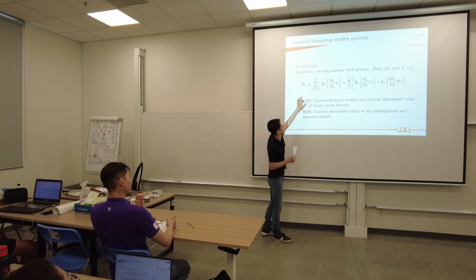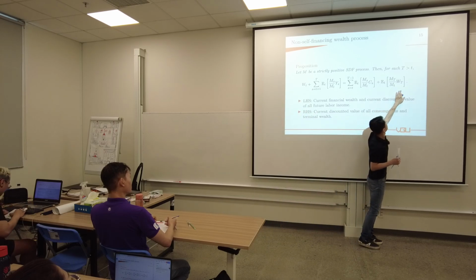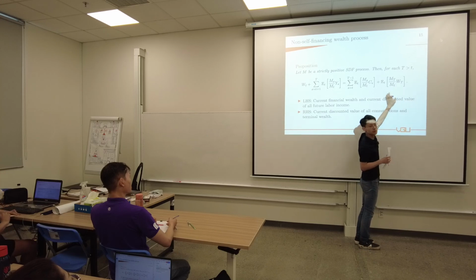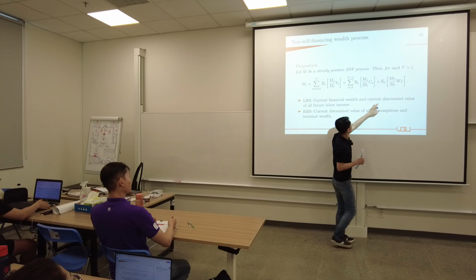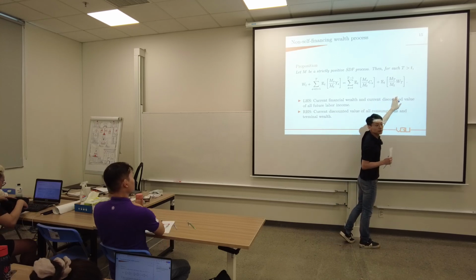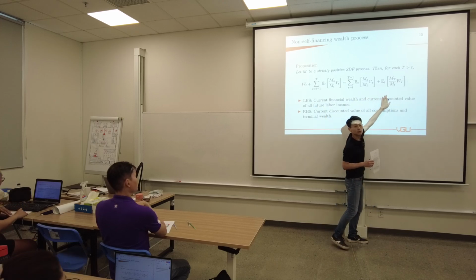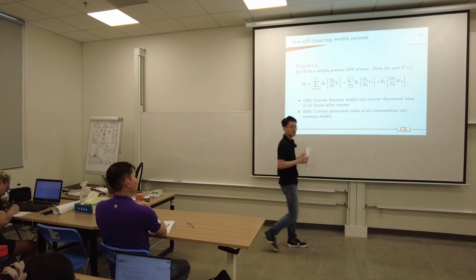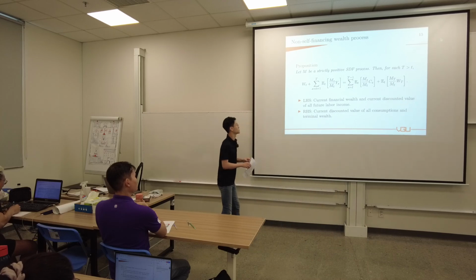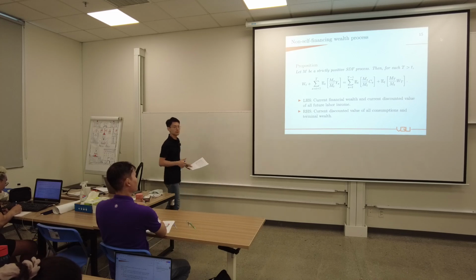So on the left-hand side we have W capital T. On the right-hand side we have W capital T, and we have M capital T divided by M capital T, so there's nothing left. And conditional on capital T information, W capital T is non-random. So on the left-hand side we have W capital T, on the right-hand side we have W capital T. So it is correct, it is true when small t is equal to capital T.